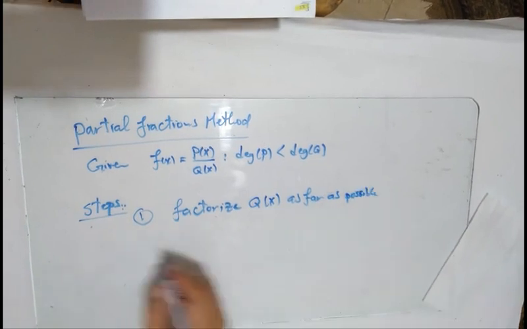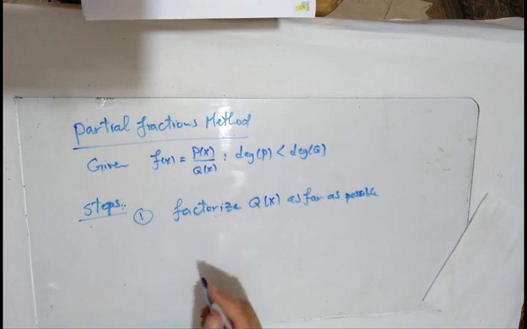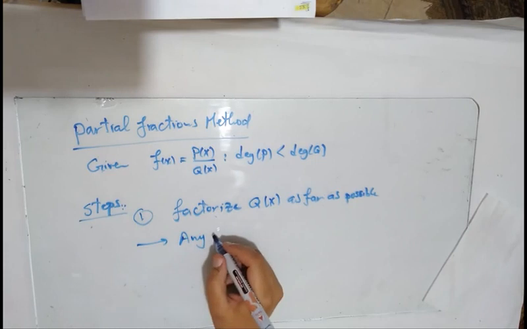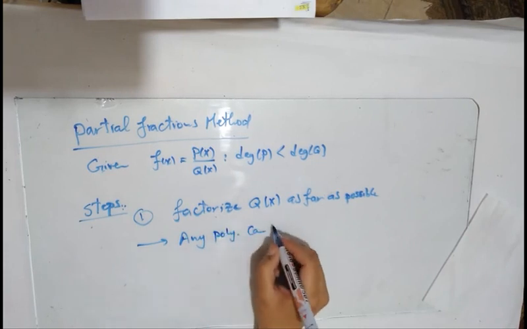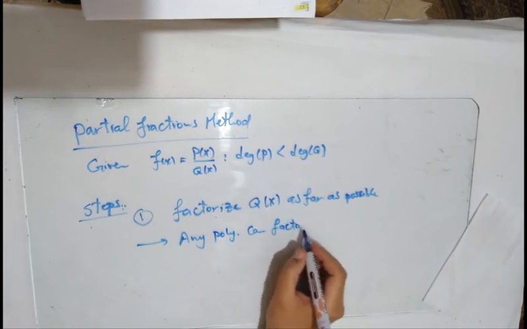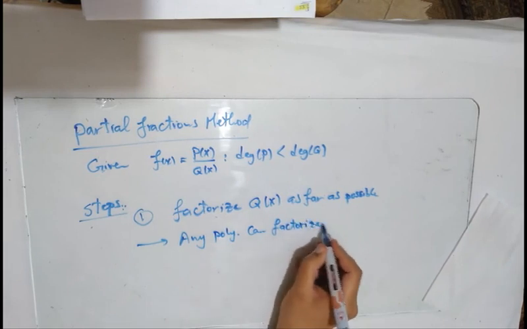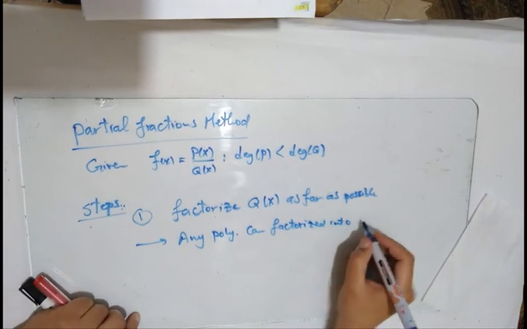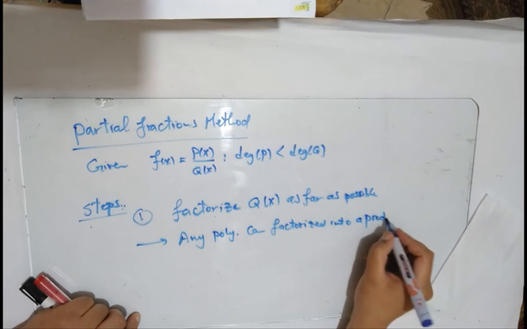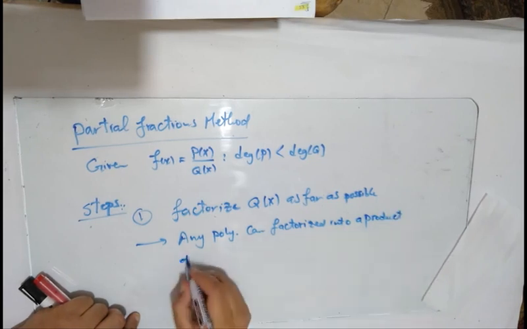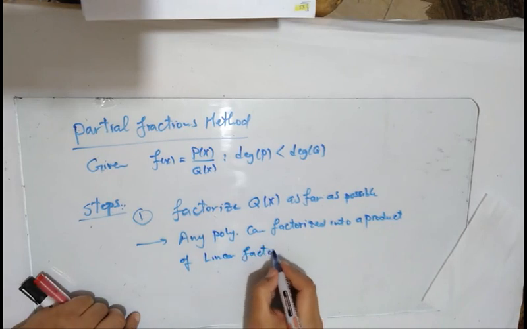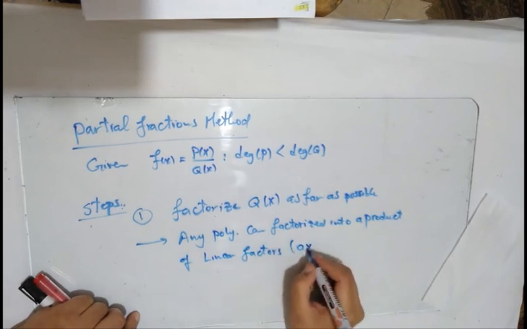From the theory we know, and this can be proved, that any polynomial can be factorized into a product of linear factors of the form ax plus b